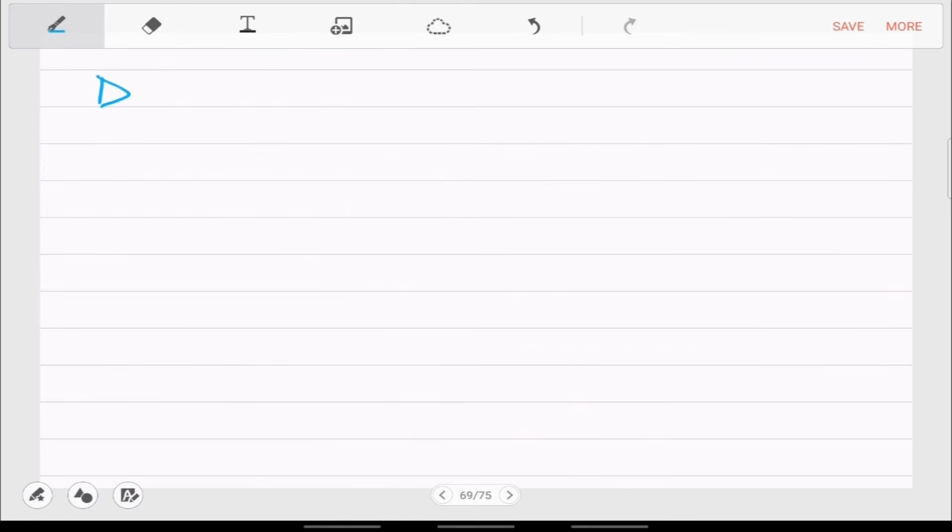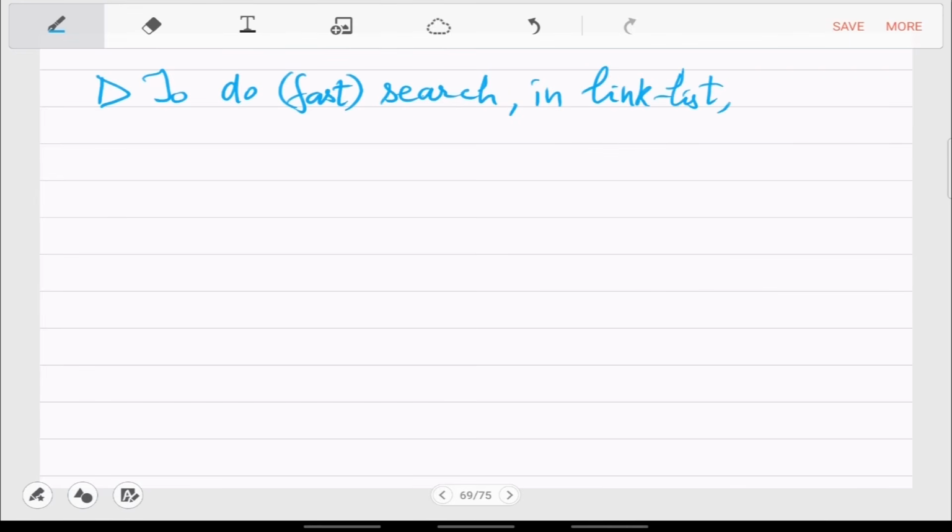So what we want is to do fast search. Let's say in the linked list, all we need is a pointer to mid.